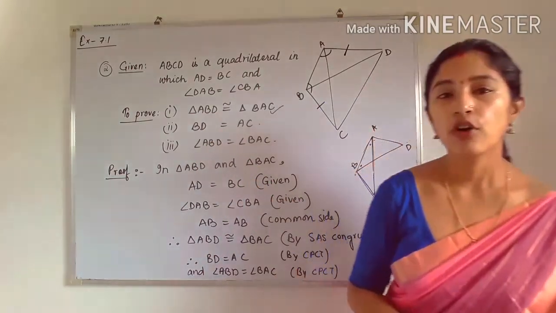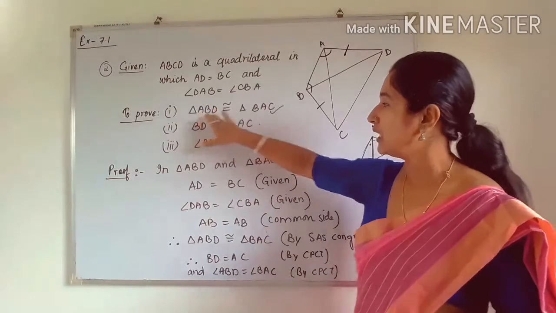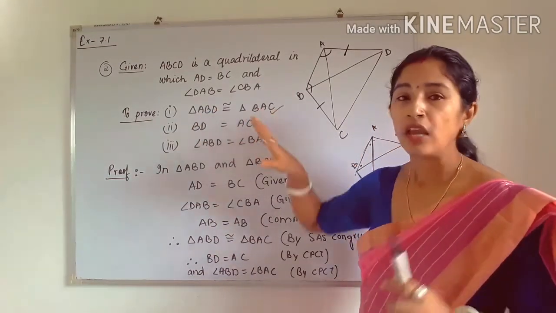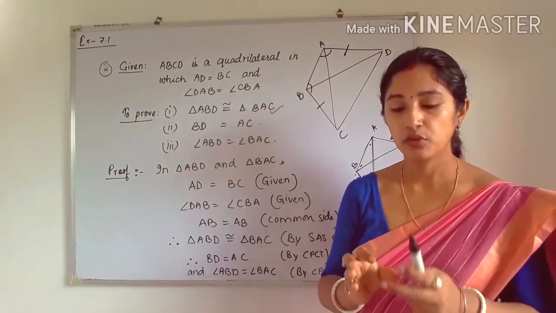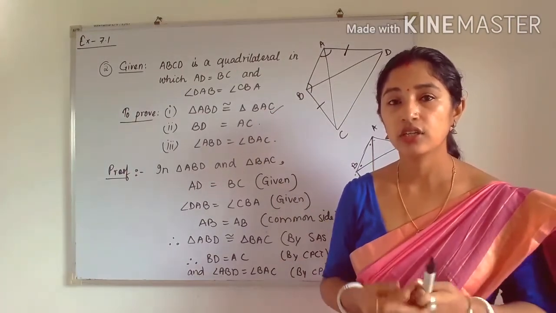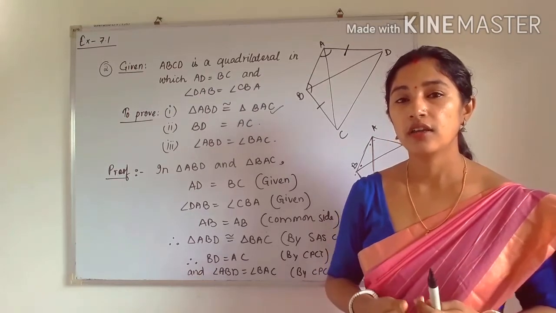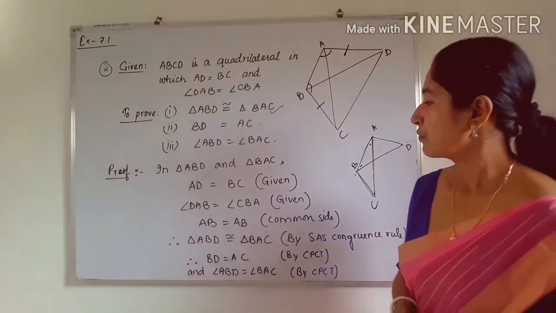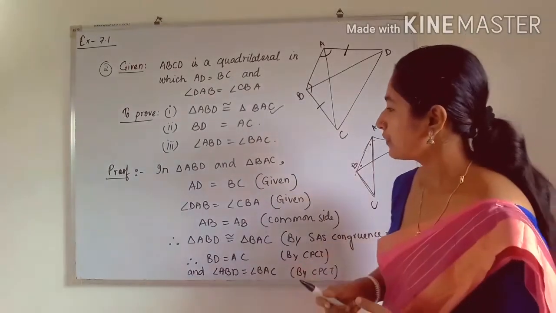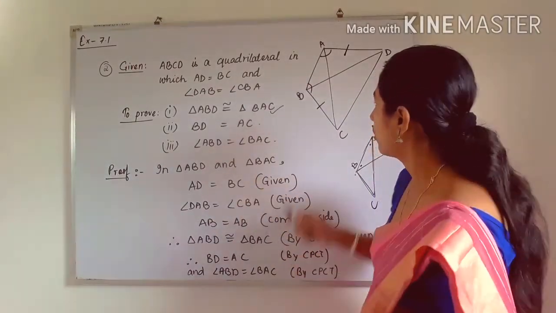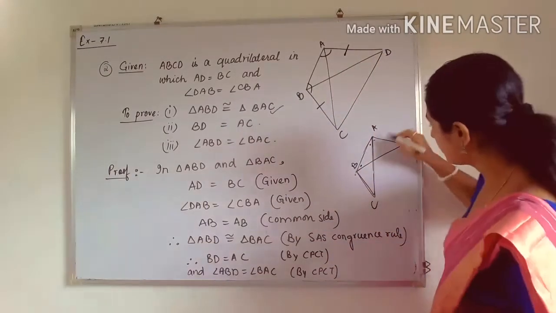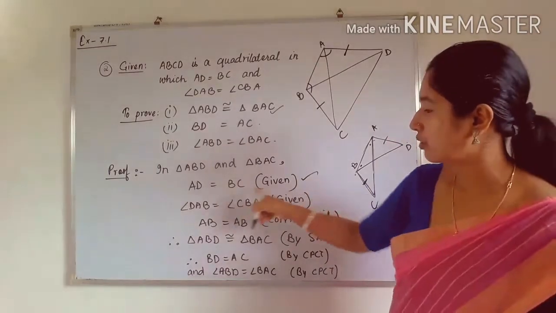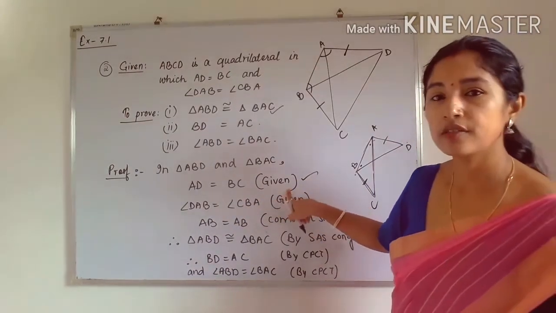Okay. So first of all we will take the triangle ABD and triangle ABC. Okay. Sorry, triangle BAC, and we have to see 3 criteria. If the 3 criteria are fulfilled, then we can say both the triangles are congruent. Okay. So see what is given. In these 2 triangles, what are equal? Already AD is equal to BC. That means this side is equal to this side. This is already given. So this is the first one. AD is equal to BC, and the reason you have to write is this is given.